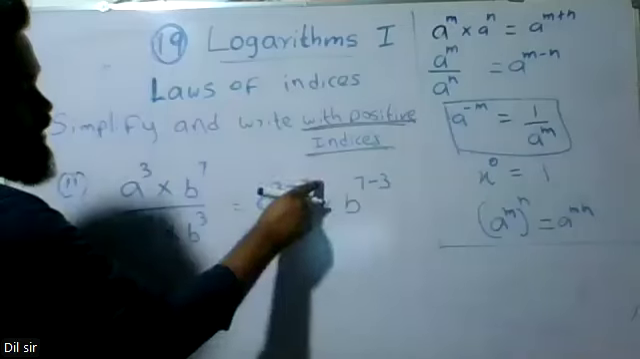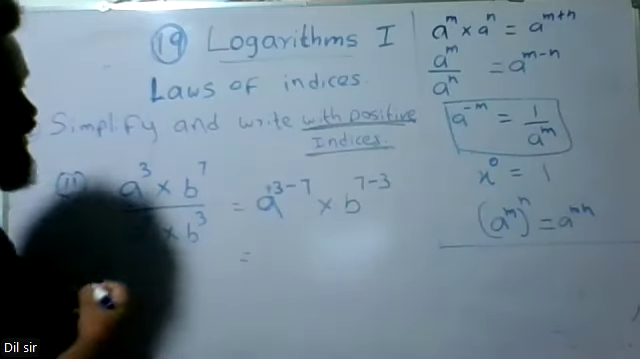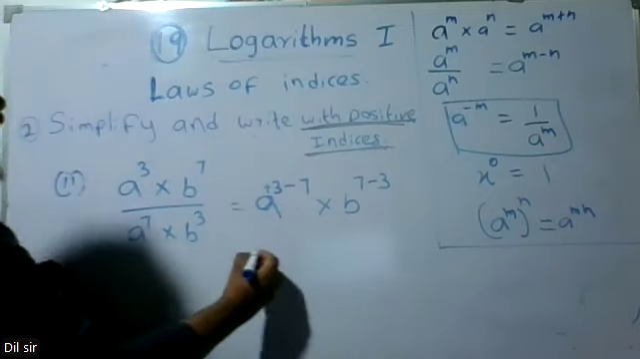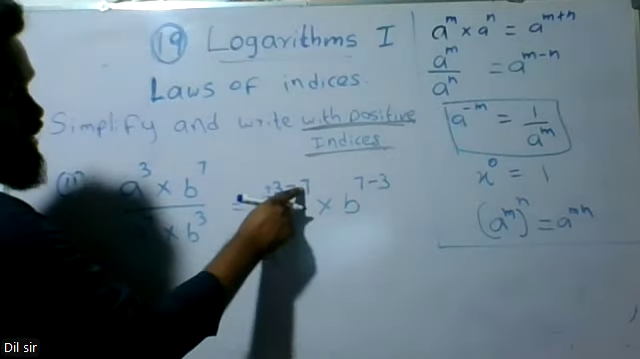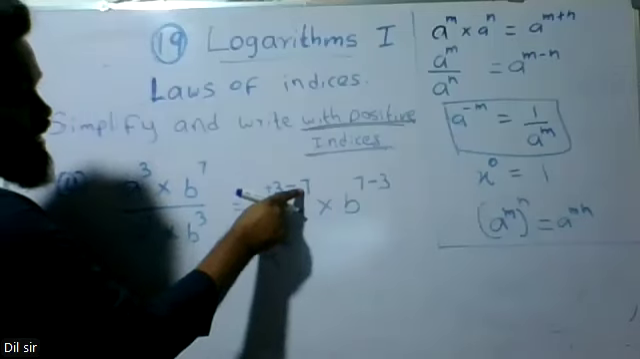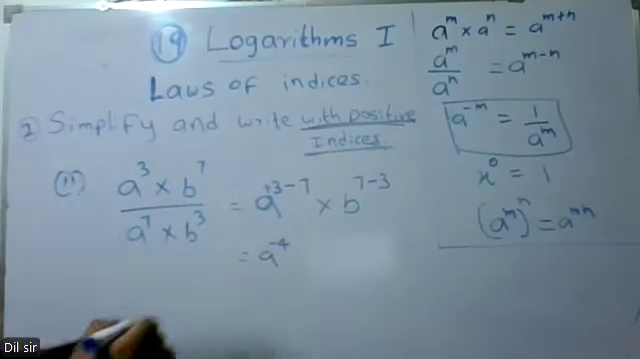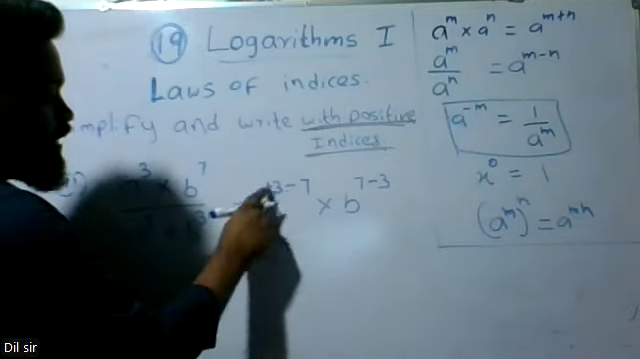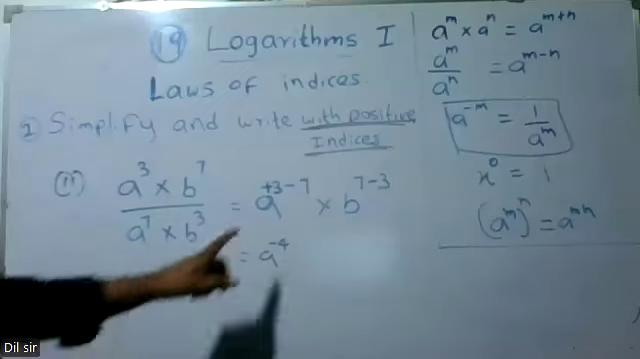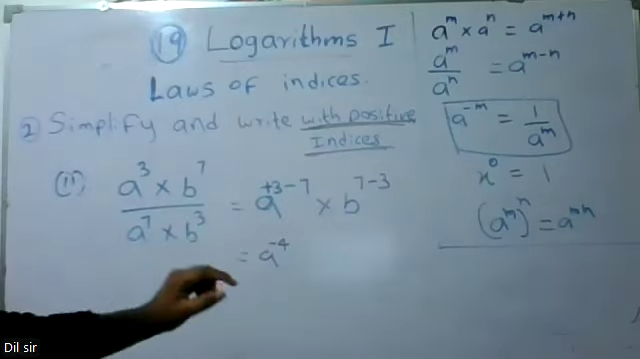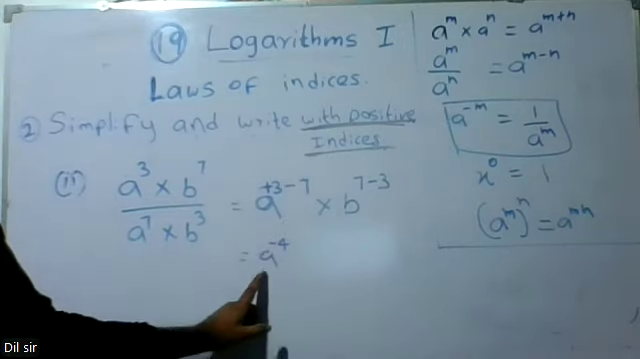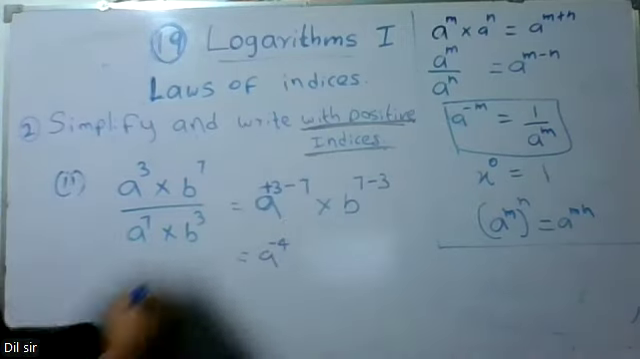A to the power 3 minus 7. This one is plus 3, the other is minus 7, so plus 3 minus 7 must be minus 4, because we have to simplify two values with different signs. When there are different signs, we take the difference of the two: 3 and 7 differ by 4. The higher value is 7, so the sign is minus. That gives A to the power minus 4, times